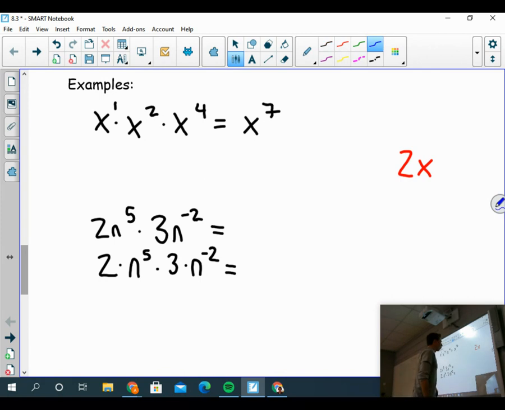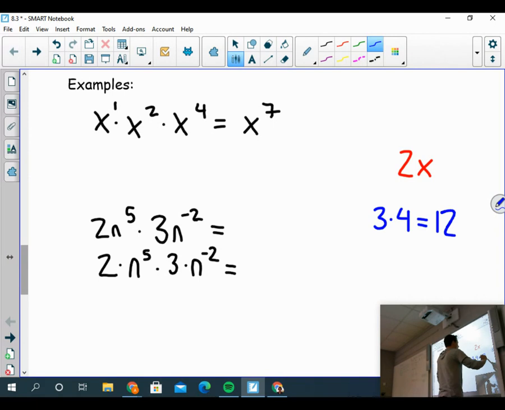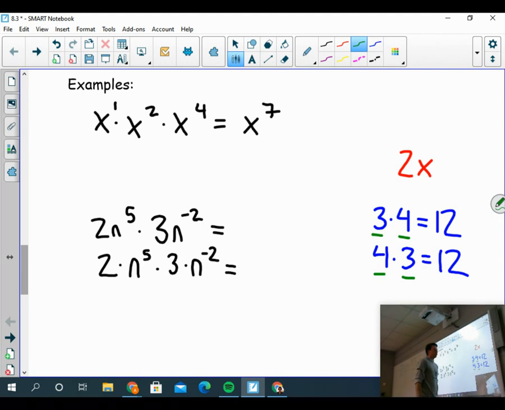And why this can be especially helpful is we can use the commutative property to reorder this, because everything is multiplied together. You might not know what the commutative property is, but all that is the logic that says, hey, 3 times 4 is 12, and 4 times 3 is 12. Here we have two quantities, the 3 and the 4, that are multiplied together, and it doesn't matter what order they're multiplied in, you still get the same result. When we're multiplying quantities together, as long as everything's multiplied, there isn't any addition, subtraction in there, we can reorder it how we like. So maybe I reorder this